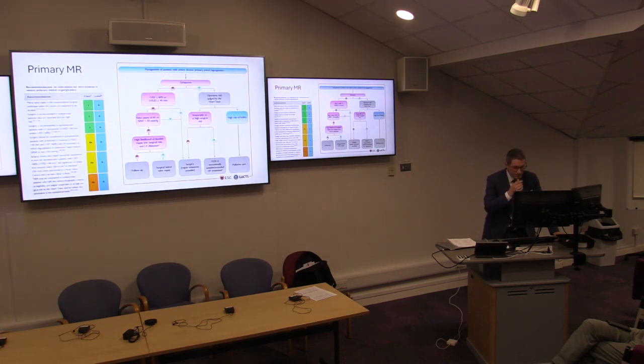So, ESC guidelines: this is what to do, what's felt should be recommended in patients with primary mitral regurgitation. As you've heard, mitral valve repair is the recommended surgical technique, and the results are expected to be durable. Personally, I think this is too late, but we don't have the evidence yet for volume quantification, but if you've got an end-systolic diameter of greater than 40 millimetres, I think this is an important thing to